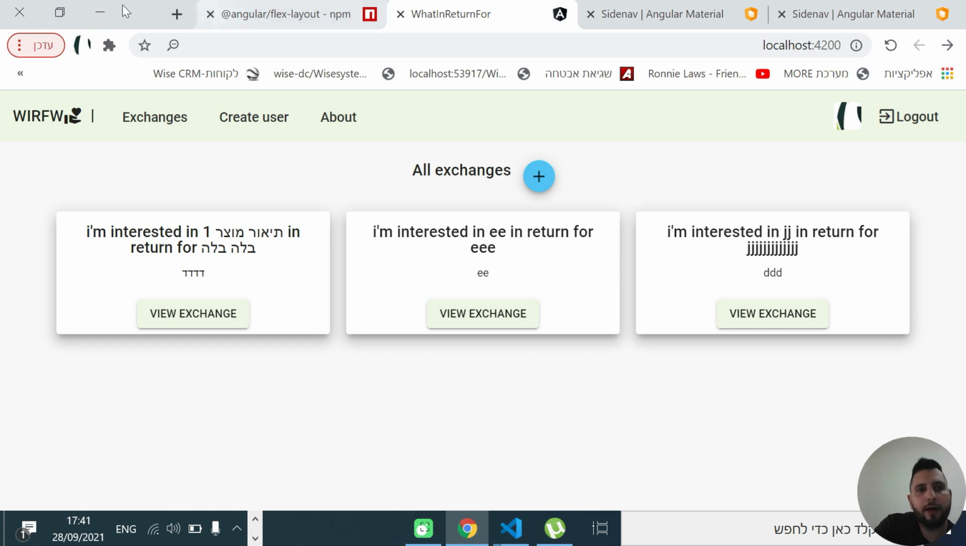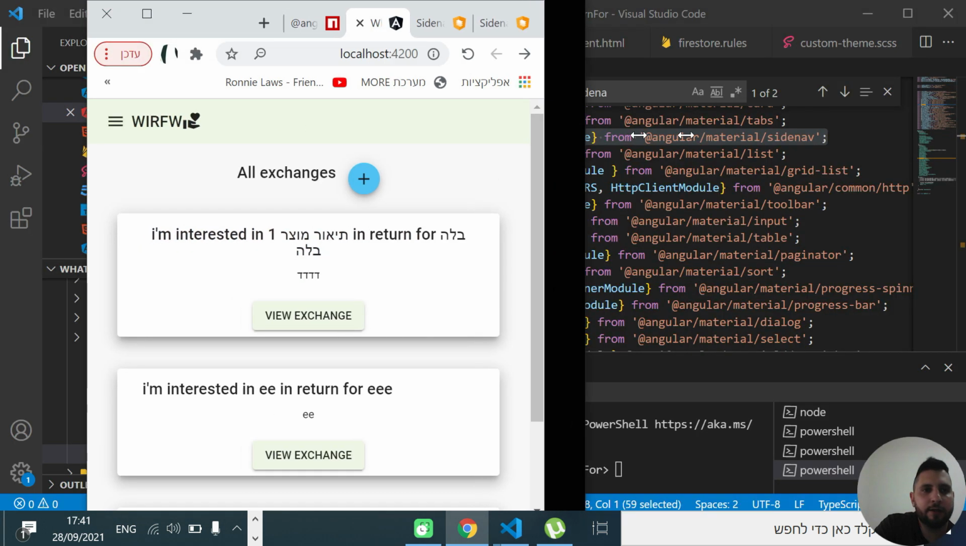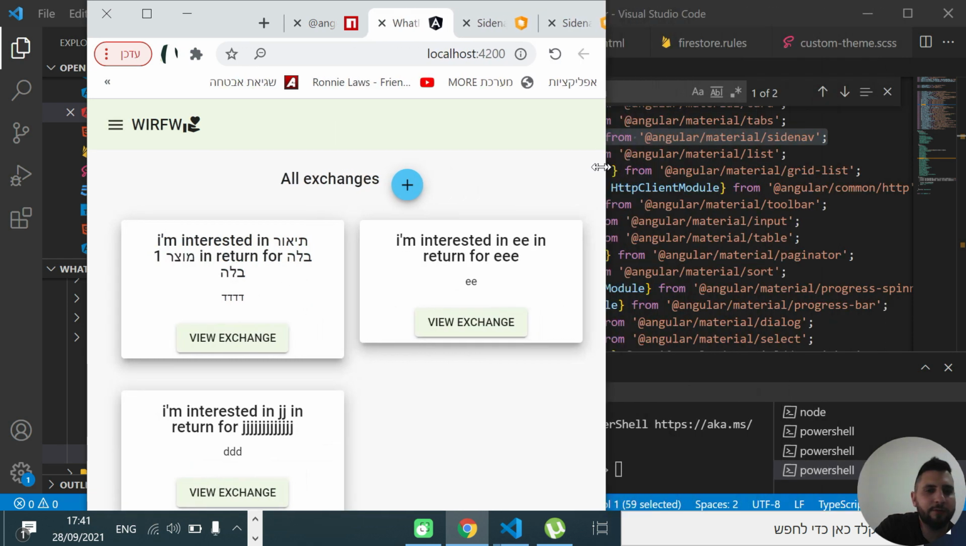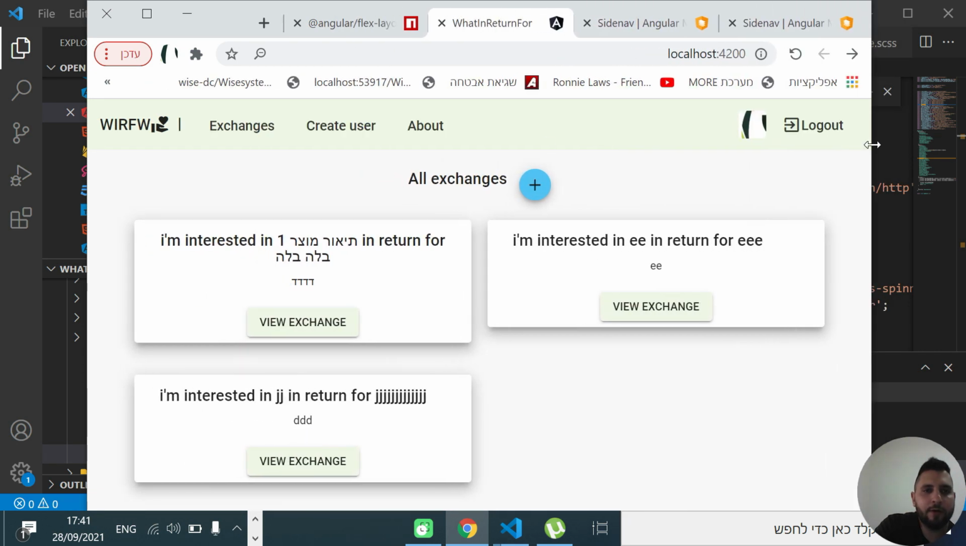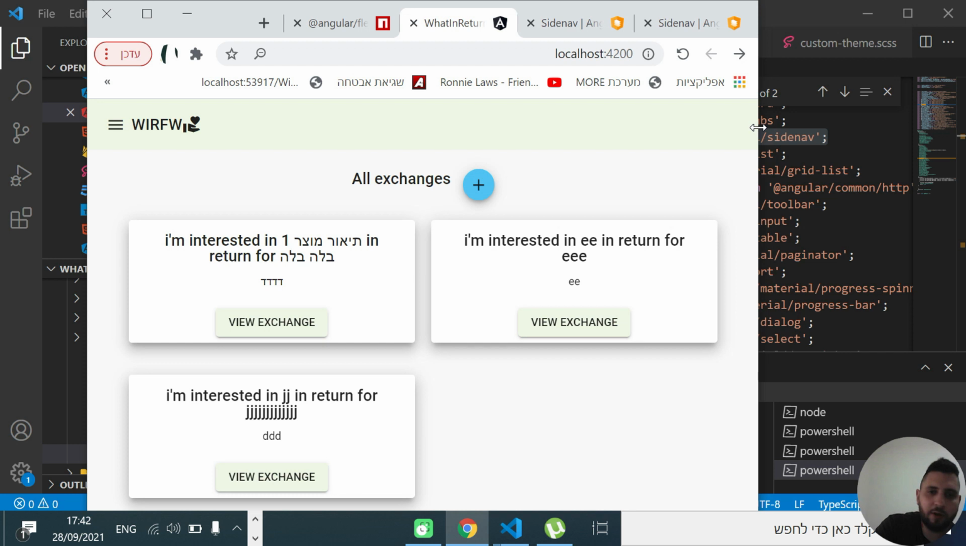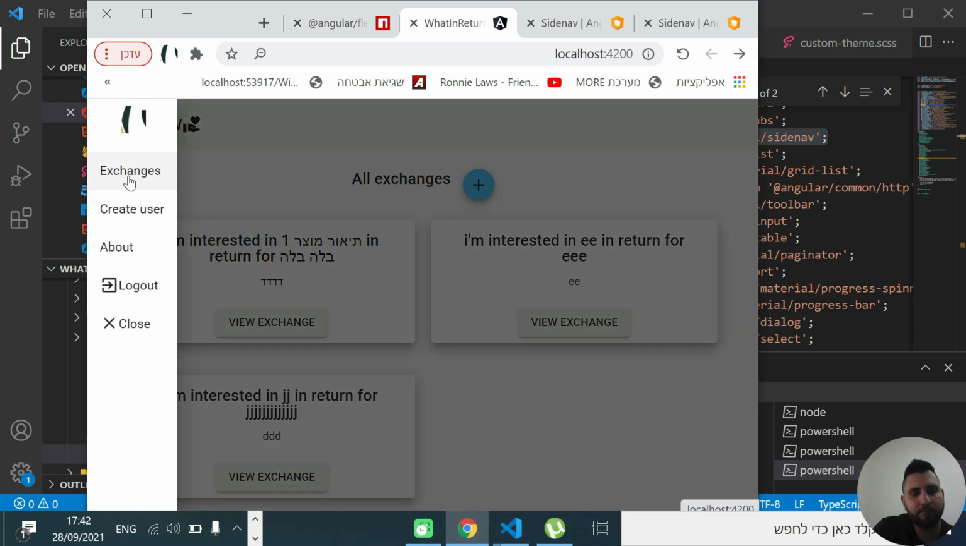So if I decrease the size of the browser, you can see that the separator, the group here, the space between, and the profile and logout links are all gone. Instead, in small device size, I now have the hamburger icon. If I click the icon, we see that all the links are now moved here: exchanges, create user, about,